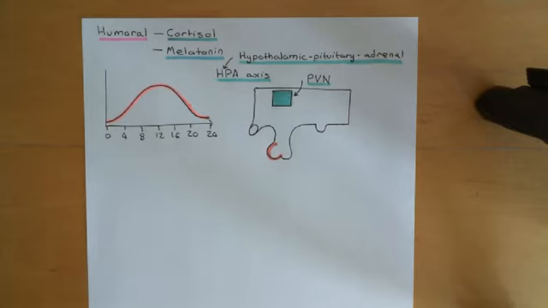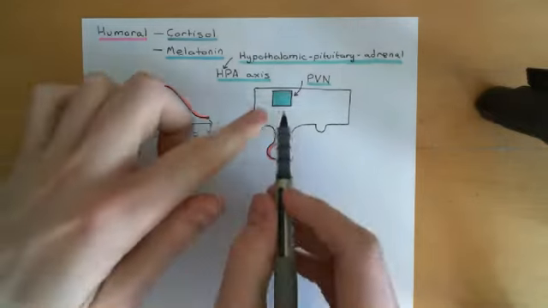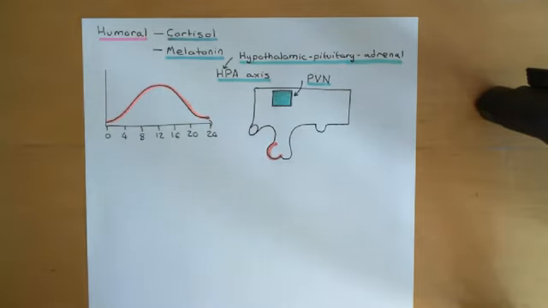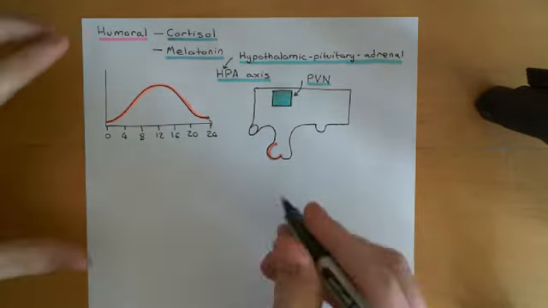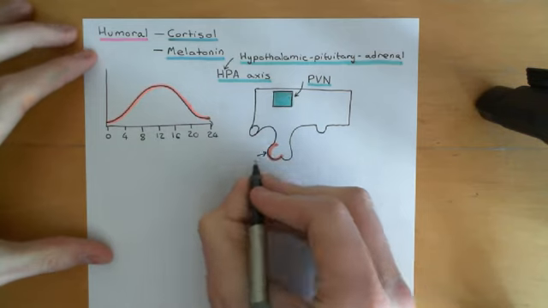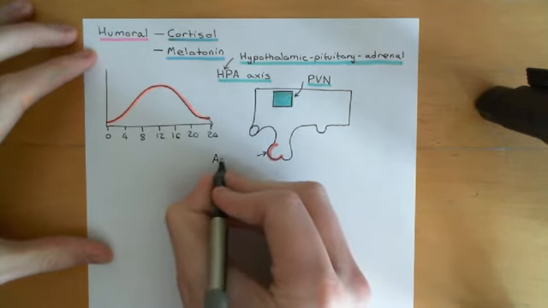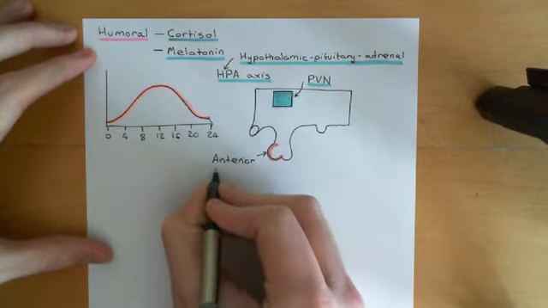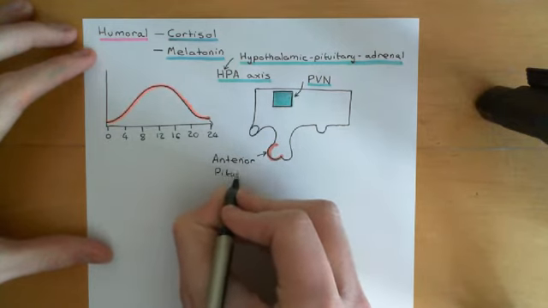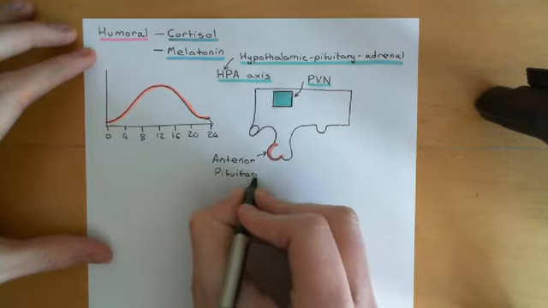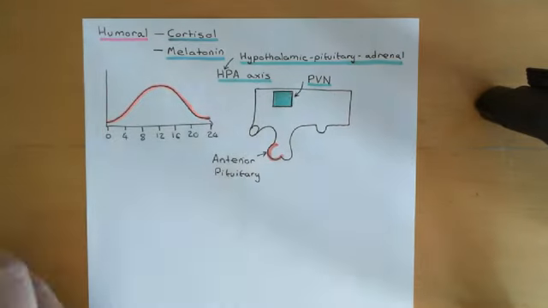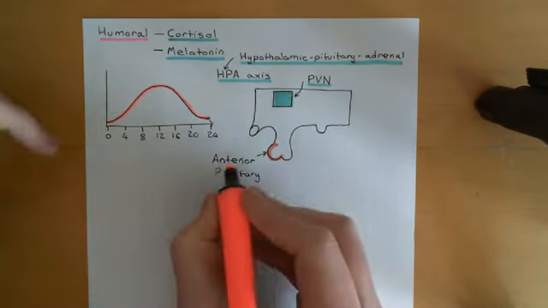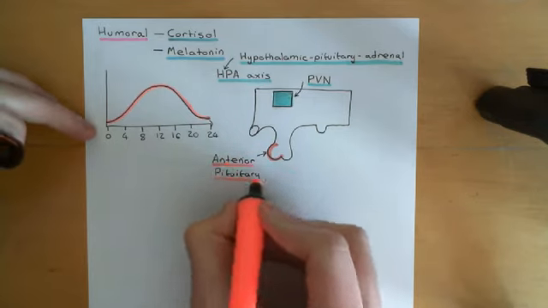Now, these nuclei are bunches of neurons, and they are in charge of the hypothalamic pituitary adrenal axis. If they want cortisol to be released into the blood, they are going to send a message to the pituitary gland, and specifically they're going to be sending a message to the anterior pituitary. So it's the anterior pituitary cells which can send messages to the adrenal glands to tell them to release cortisol, rather than the posterior pituitary. Right, so we're interested in the anterior pituitary here.